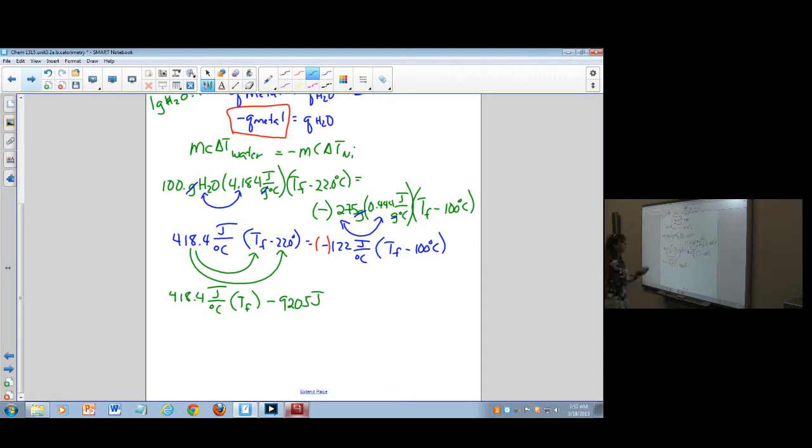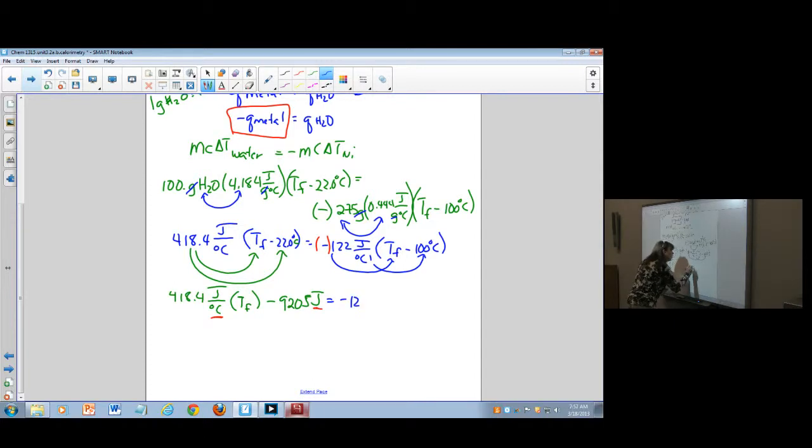When I multiply times degrees Celsius over here, all I have left is the energy unit, just a joule. Here we have a joule per degree Celsius. All that's going to be equal to, now I'm going to multiply this across and distribute, and that works out to be equal to